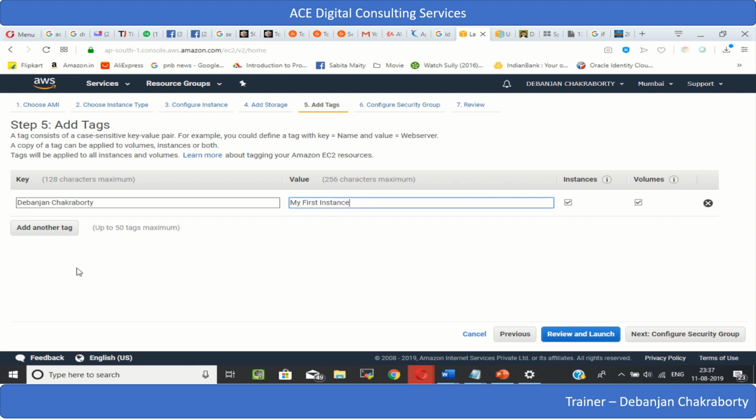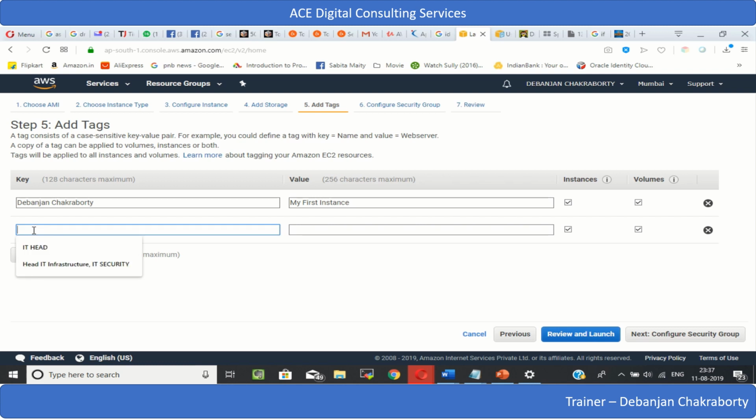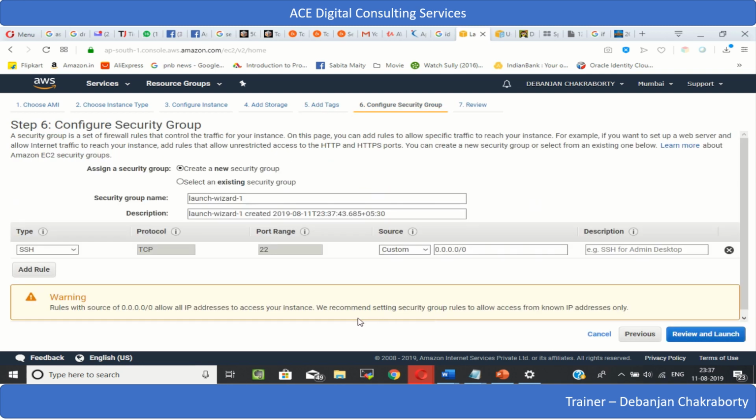STANC. Okay, add another tag, instance name. I'm going to put instance name. So today is 11/08/2019. Fine. So this is my... I am putting some value. Then